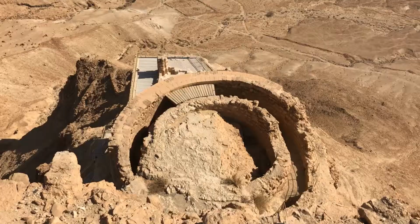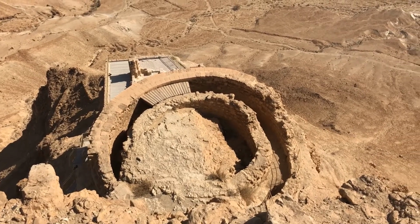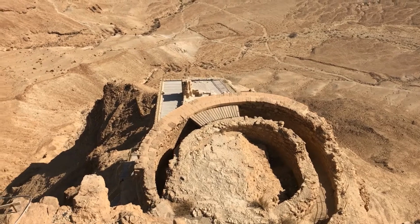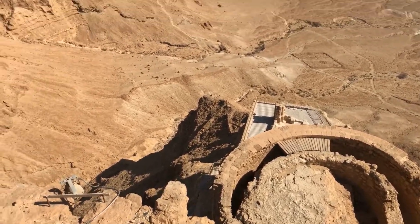Thank you very much. The outer wall was built according to scholars to strengthen the inner one, because the mountain top here is narrow, and the lowest level is